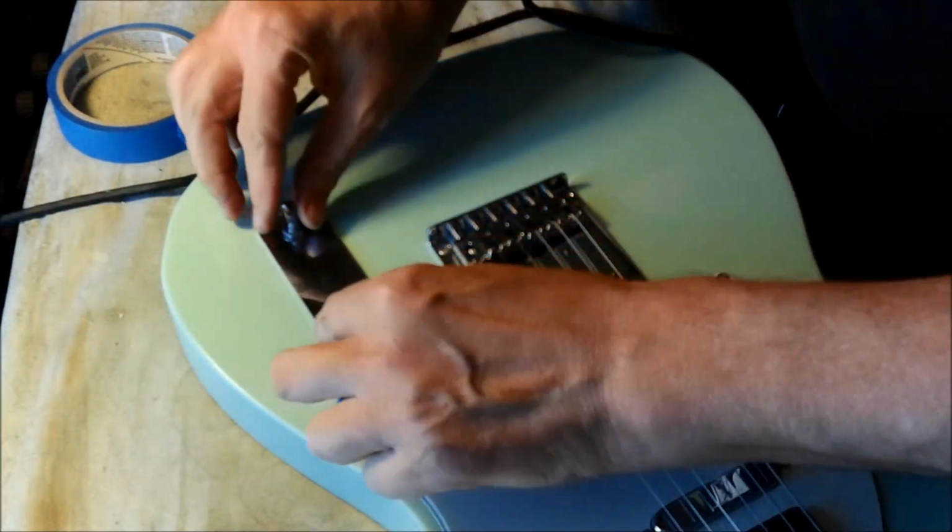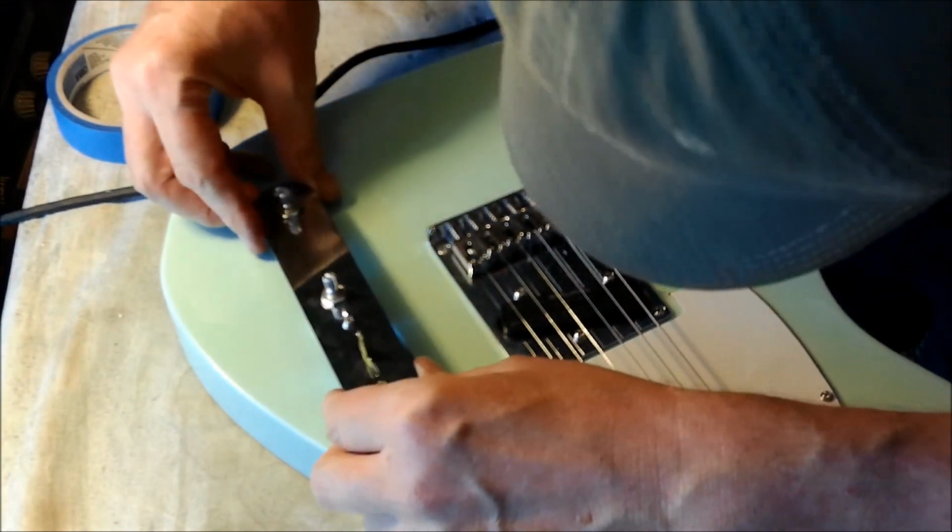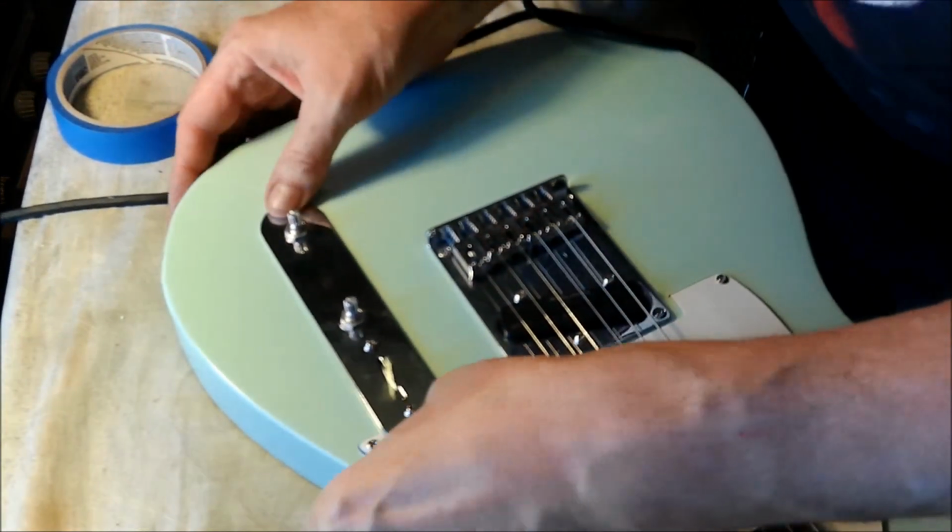Now what I could do, could seal that with a little bit of paint of some sort, but I don't know if I'm going to bother. I'll make sure I went down far enough with that too. But I obviously did because it's going to...